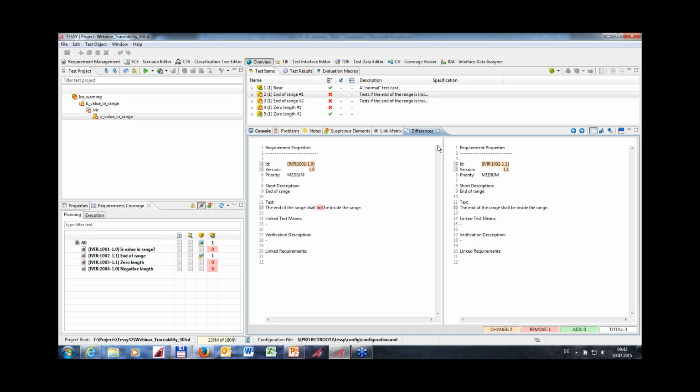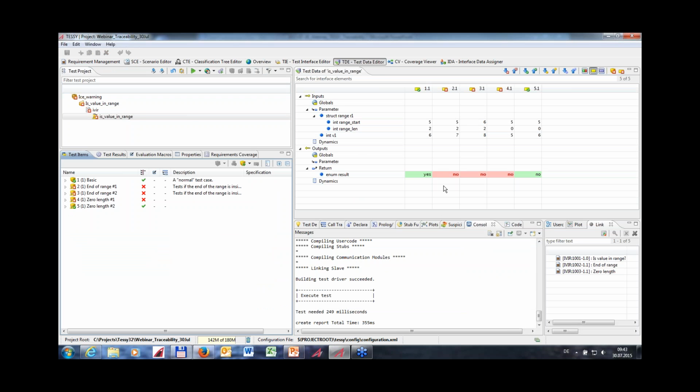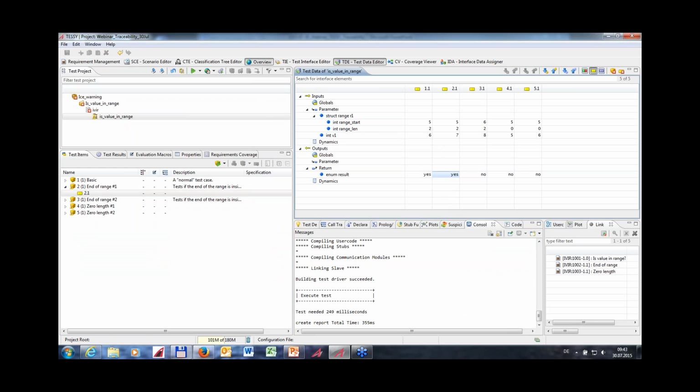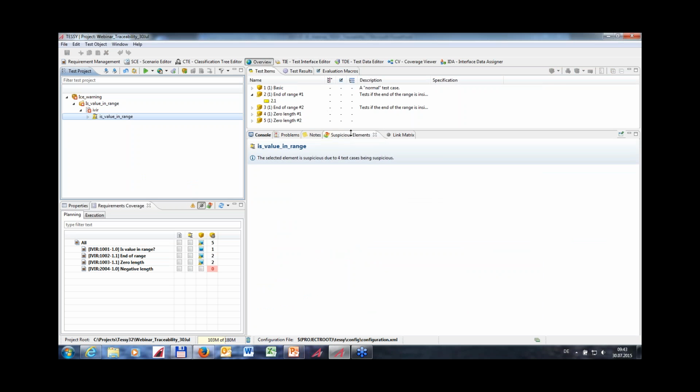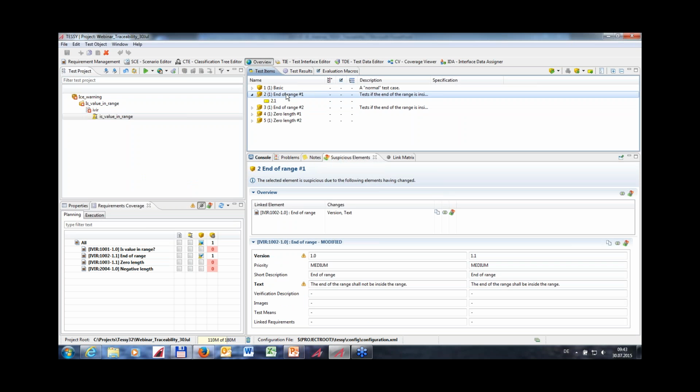And if we know that, we can go to the test case, and the expected result for this test case was no, and the requirement has now changed to the opposite, and therefore now the expected answer is yes. And now we have adjusted test case number 2 to the changed requirement. And if we save this and go back to the overview perspective,